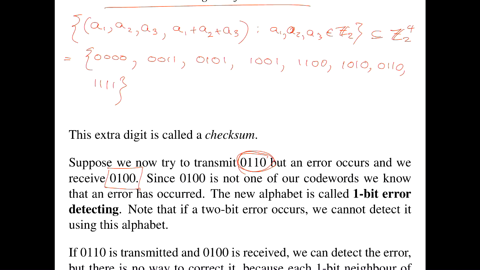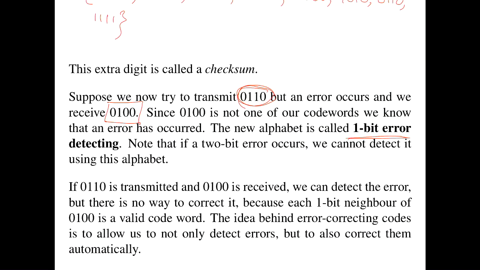Now, this only works if you have 1-bit errors. If you get 2 bits wrong here, you still can't tell. But there are fancier versions of it that do work. So you can build as many checksums as you need so that you can detect as many errors as you like. And then in practice, what you hope is that the probability